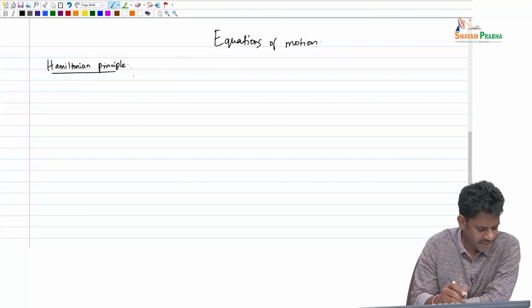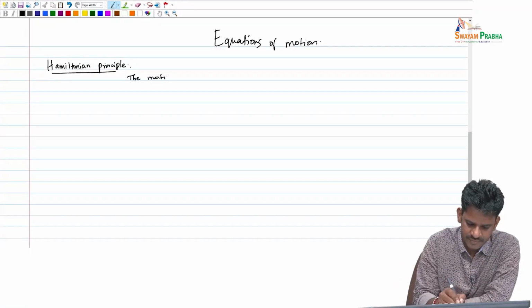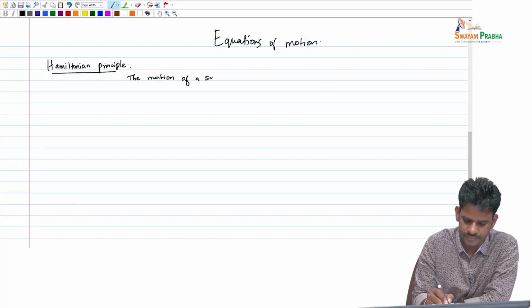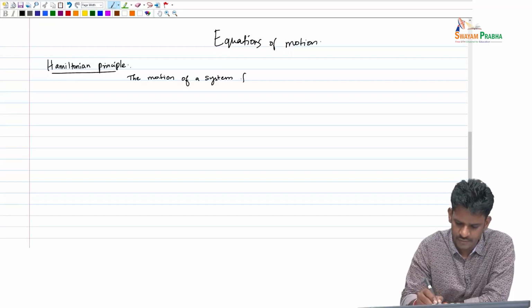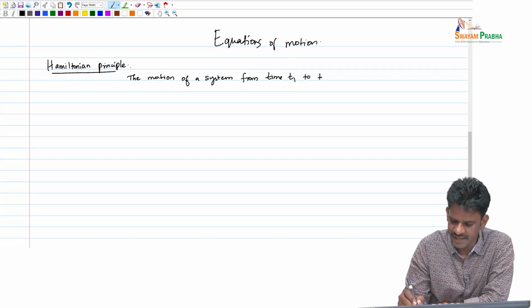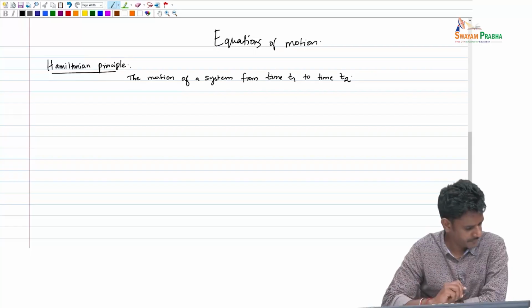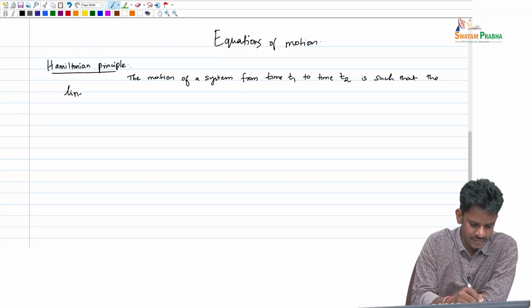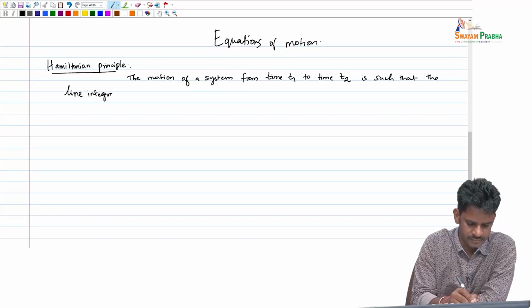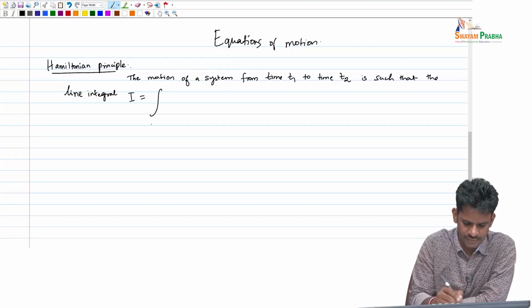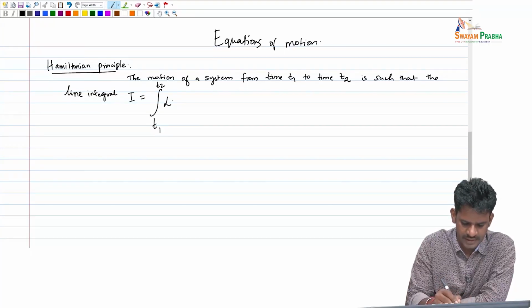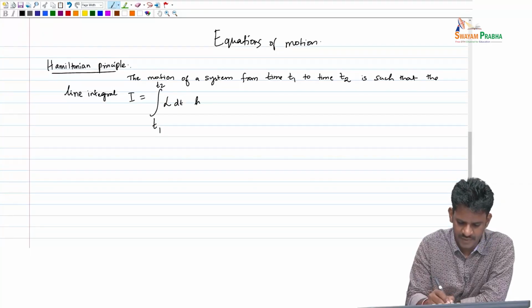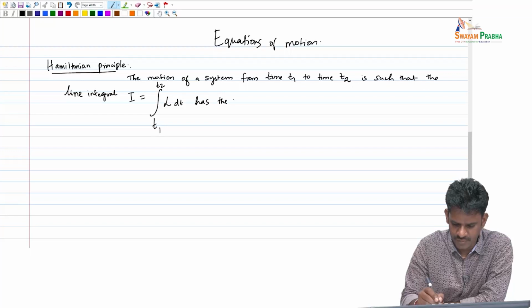It says that the motion of a system from, say, time t1 to another time t2 is such that the line integral, defined as I equal to the integral from t1 to t2 of L dt, has the minimum value,